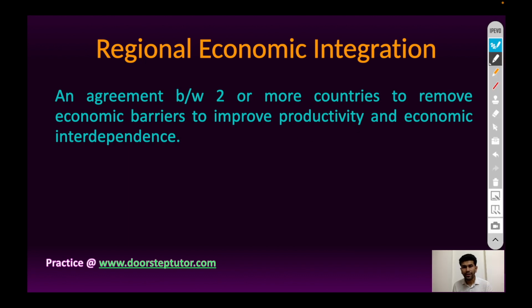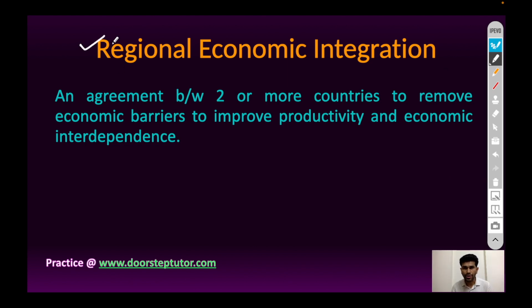When we talk about different countries, let's say country A and country B, we can see differences between both the countries on the basis of geographical areas, infrastructure, policies. These differences constrain economic growth, especially in developing countries. It may be due to poor infrastructure, reduced economic growth, reduction in production, or inefficiency in policy. So, through regional economic integration, these differences or divisions can be reduced and economic growth improved.